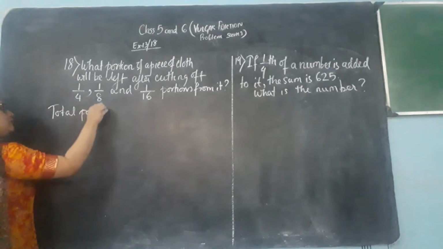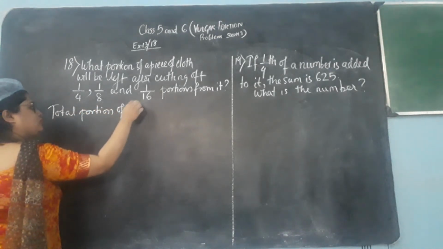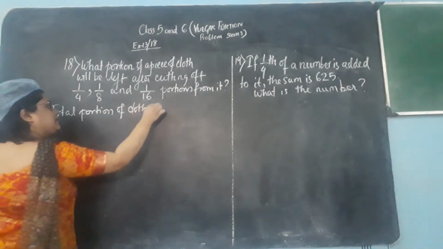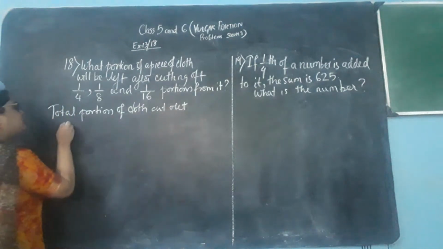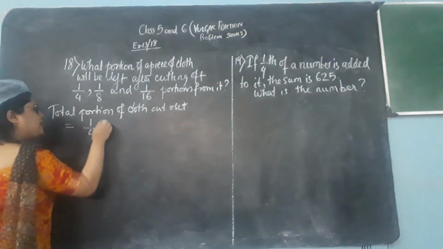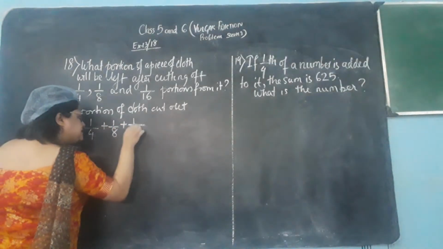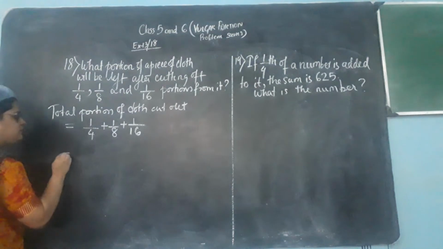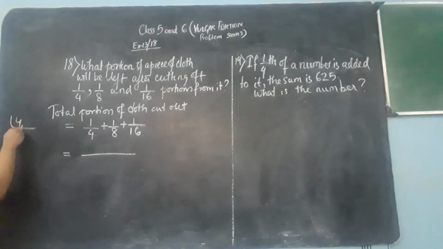portion of cloth cut out. So what is the total portion cut out? You have to add up the fractions 1/4 plus 1/8 plus 1/16. Now you need to find the LCM. So if I find the LCM of 4, 8 and 16,